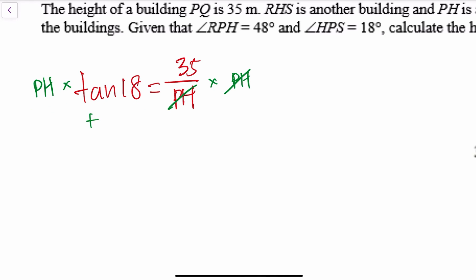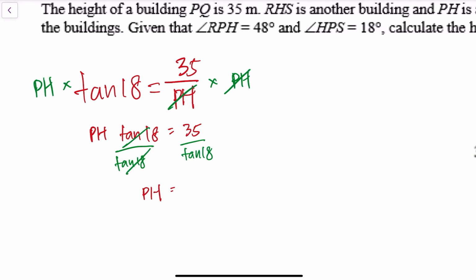Let's do it step by step. I multiply PH on both sides, I get PH tangent 18 equals to 35. And if I want PH to be alone, I divide by tangent 18 on both sides. That is how it works. PH will therefore be equal to 35 divided by tangent 18,